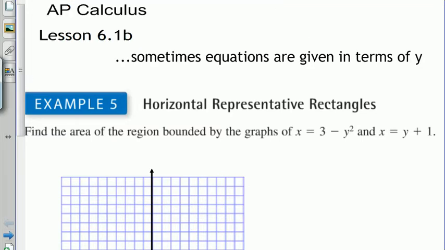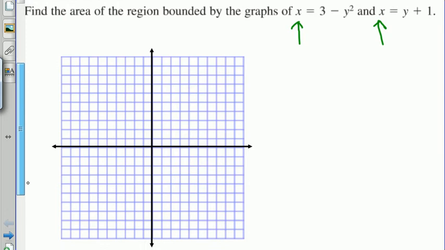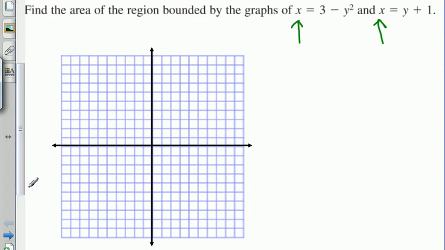So sometimes equations are given in terms of y. In other words, you have x alone here and you have y mixed in. So what you need to understand is you need to think about this for a minute and try to think the other direction. So like this is y positive and this is x positive and this is x negative and this is y